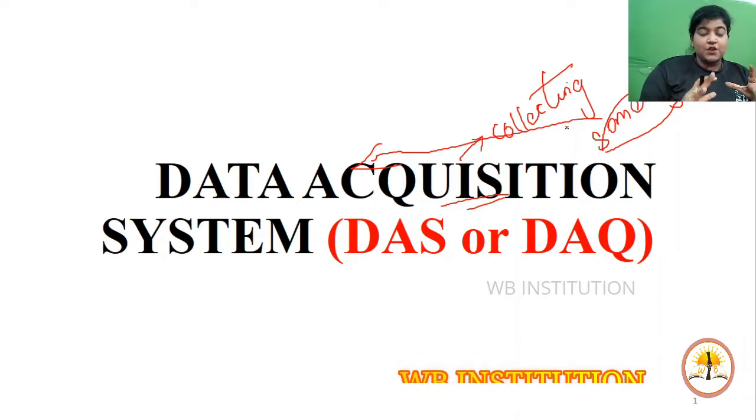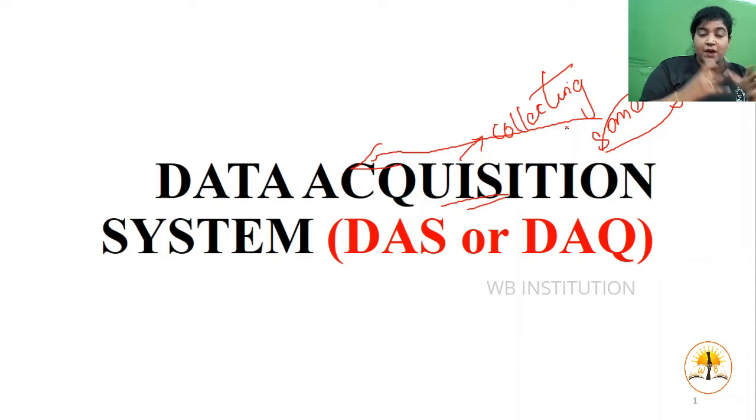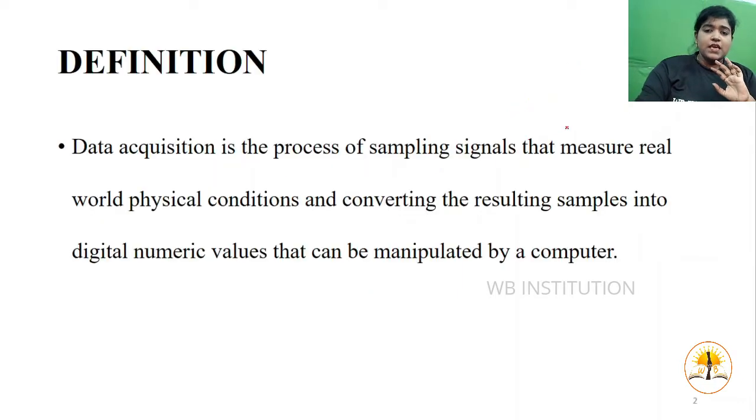Collecting some raw data from the physical world and converting that into a signal. This is the major concept of your data acquisition system. Clear? Just remember the words, collecting data. That is more than enough when considering your topic. Now, if you go with your definition, it states